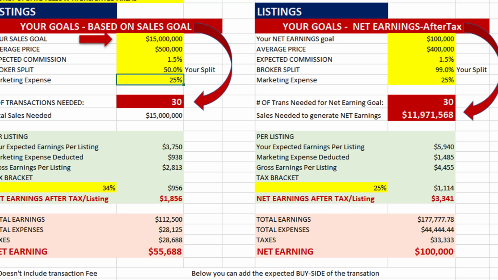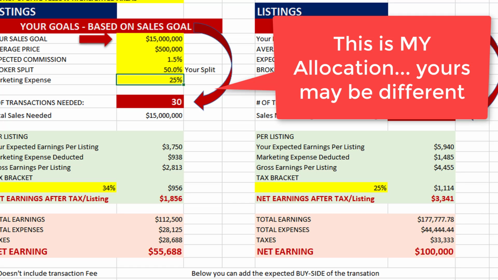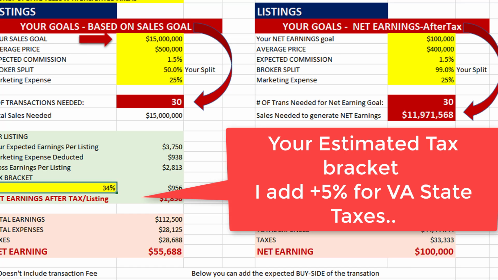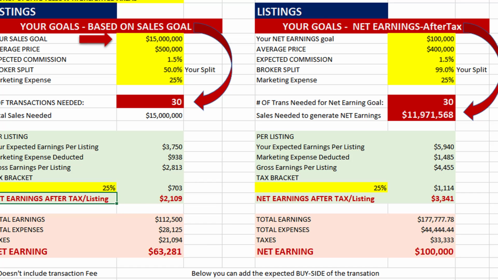Now we're doing 25% across the board for the marketing expense. If you have less than that, then obviously you can put less than that, but we average about 25%, and we allocate that for marketing, whether that is lead generation for future or for the listing and advertising, the 3Ds, videos, etc. So we put all of that in there. All right. And then the last thing that you're going to input is your tax bracket. So obviously with the new tax reform, these have changed. So you can just change it to 25% and you can see the impact of number of transactions that you